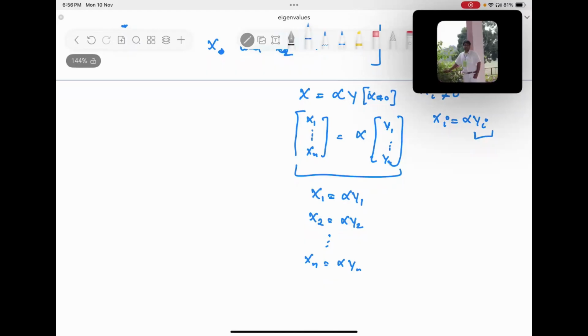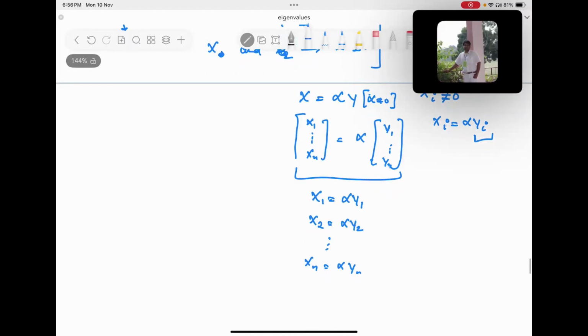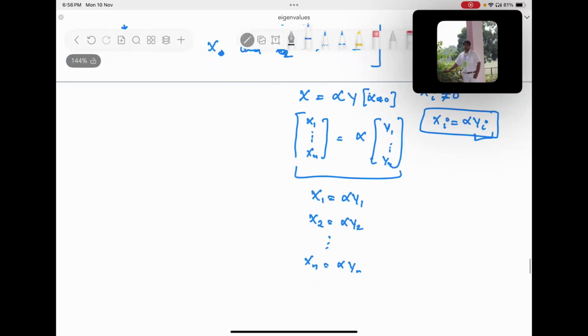No, sir, because xi is not equal to 0, right? Yes, sir. So both xi and yi are non-zero, right? So all these xi, yi, alpha are non-zero. Now,